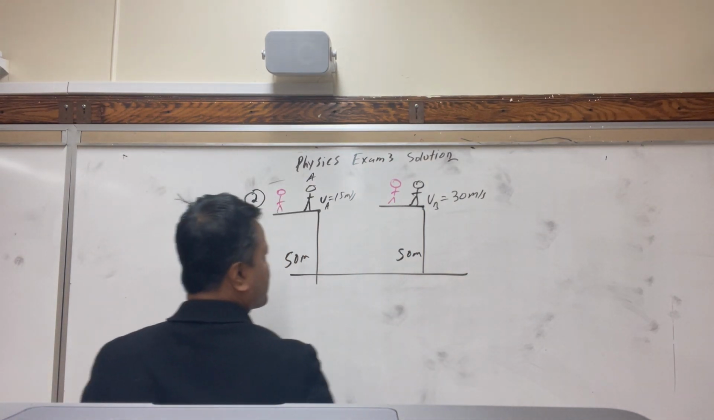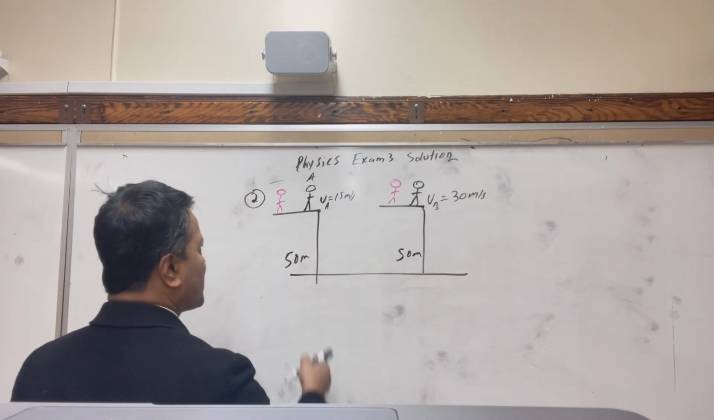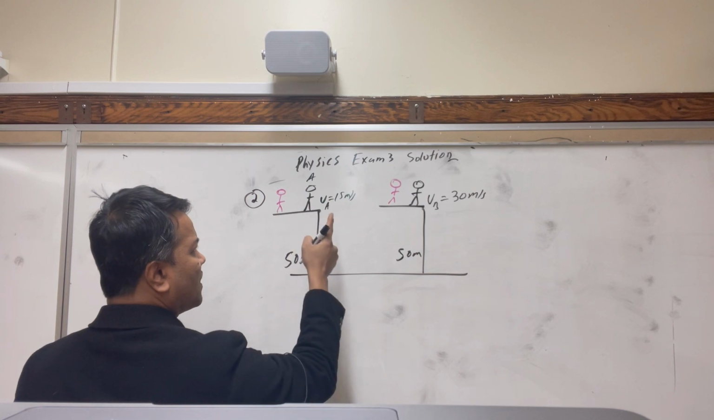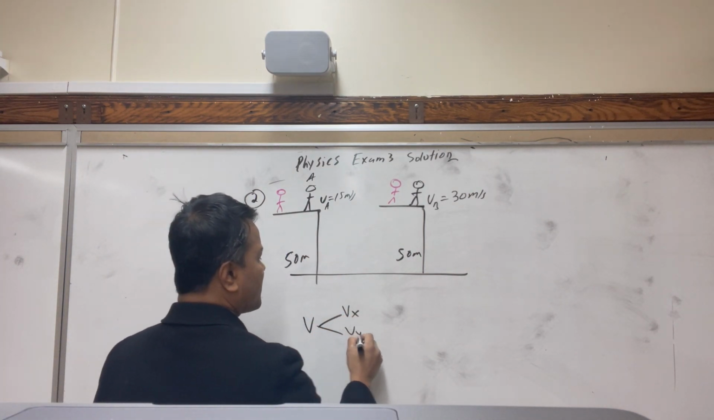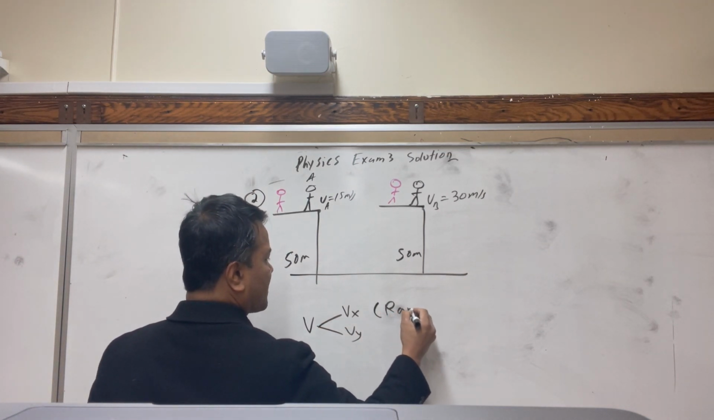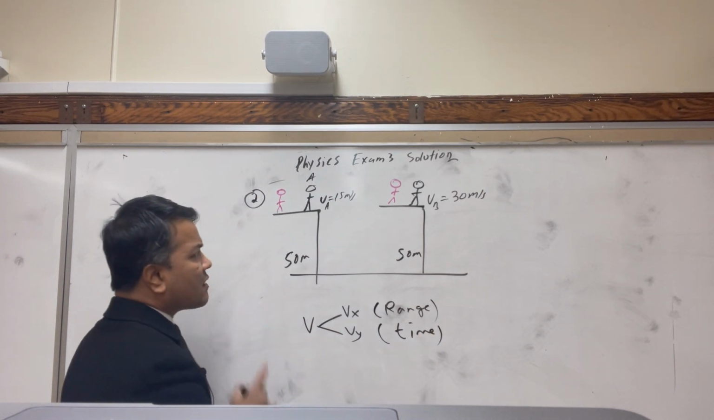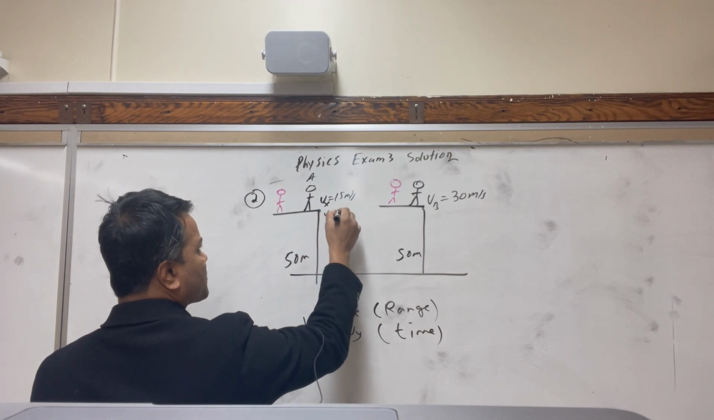All right, so both are going to land on the ground at the same time, because the velocity is horizontal. Horizontal velocity only contributes to the range. Velocity has two components, Vx and Vy. Vx only affects the range and Vy affects the time. So since this is Vx, and Vy, of course, is 0, because